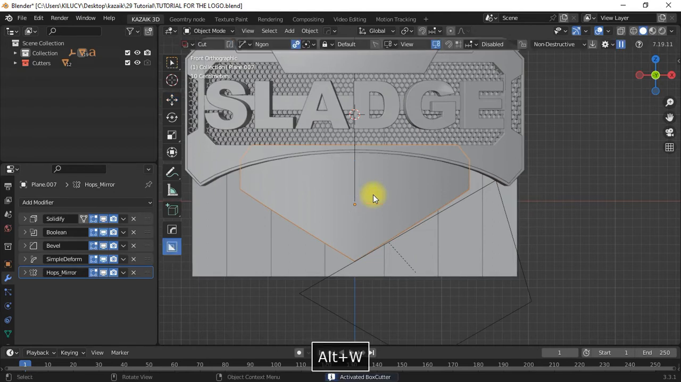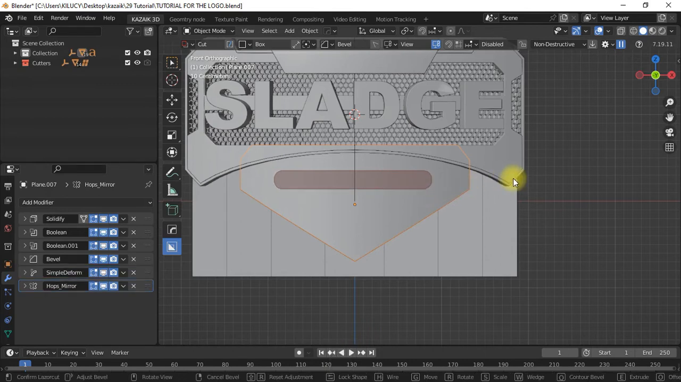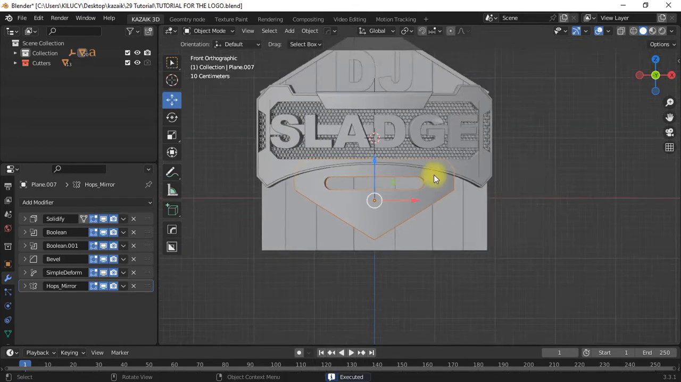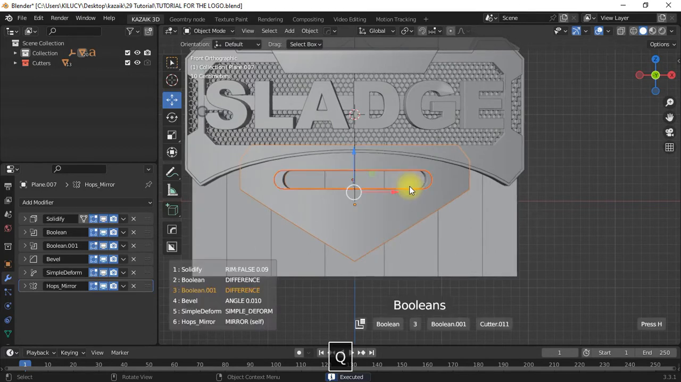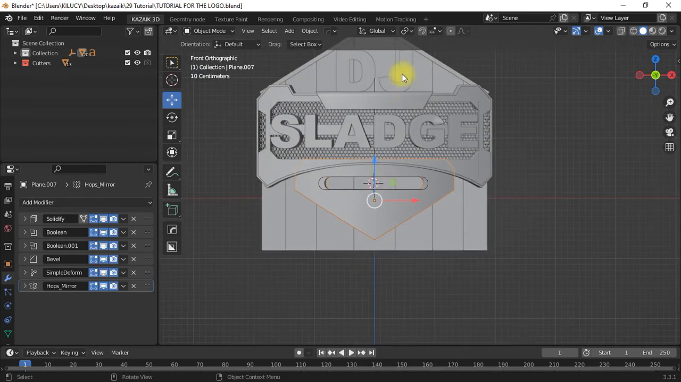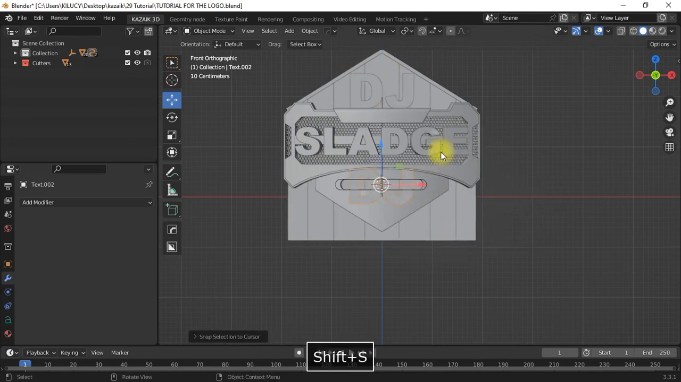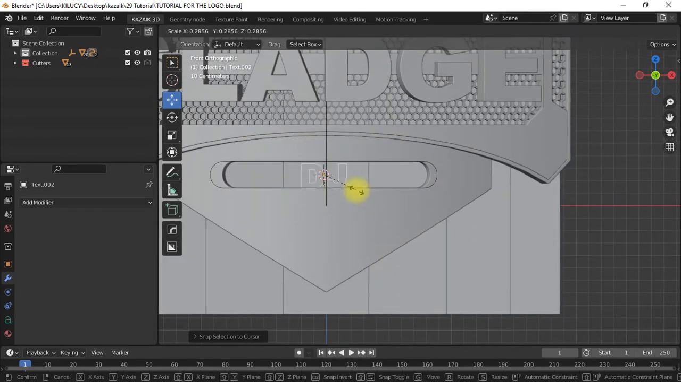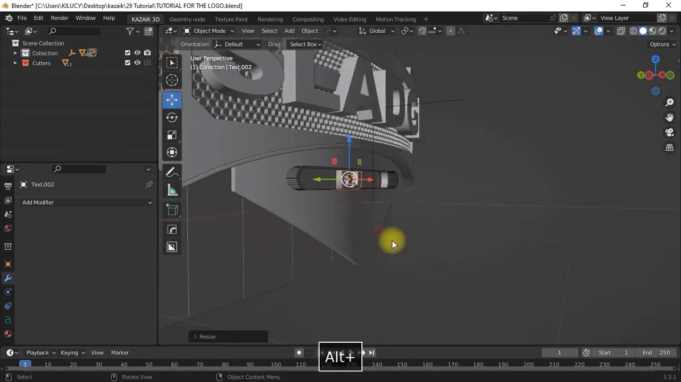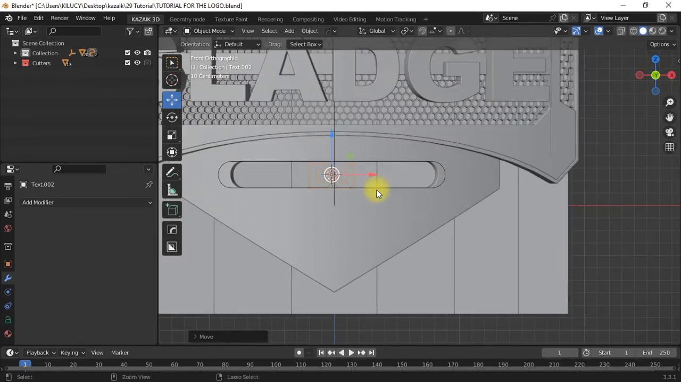So what we do is to add in a box boolean like this, then add bevel, move your mouse to make it a complete round edge, then press enter. Then maybe let's view that, Shift S, cursor to selection, and maybe let's just duplicate the DJ text and Shift S, selection to cursor. Let's scale it down a little bit and let's move it in position like that, and let's